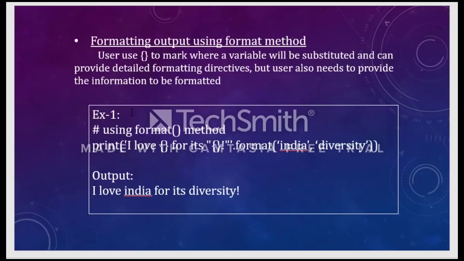Okay, so this is the second method, called the format method. By using the format method, we can display the output as we wish on the screen. The only thing is you need to write a pair of curly braces wherever a value is required, and then a format method. In that format method, I should pass the parameters: the values that should be printed on the screen in between the statements. Okay, hope you understood this concept.